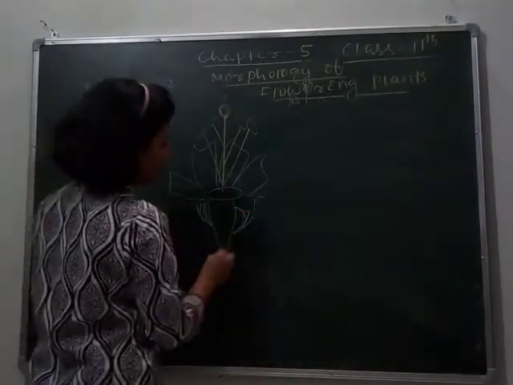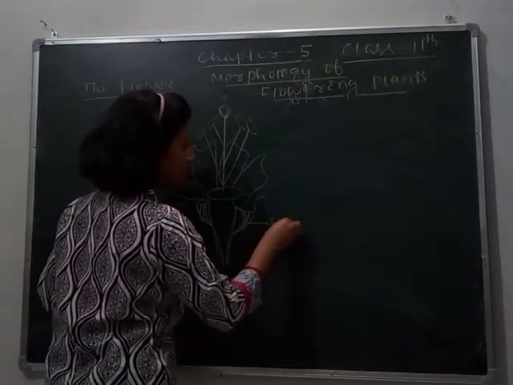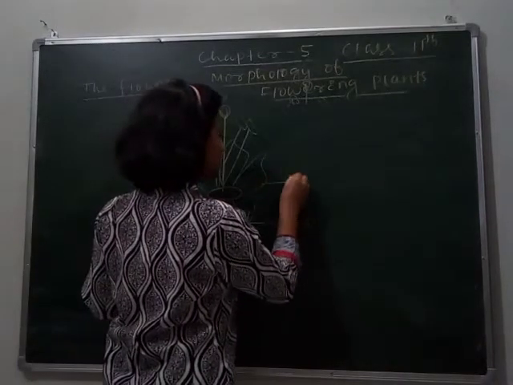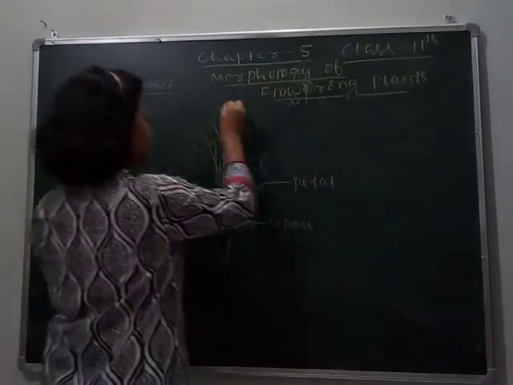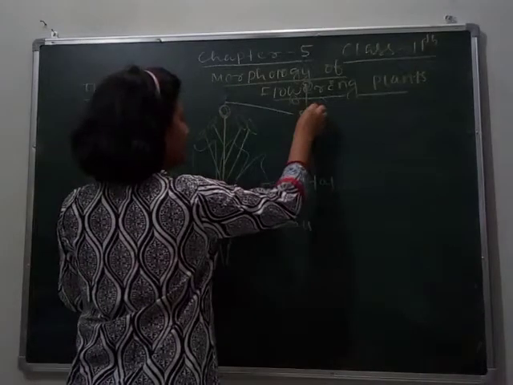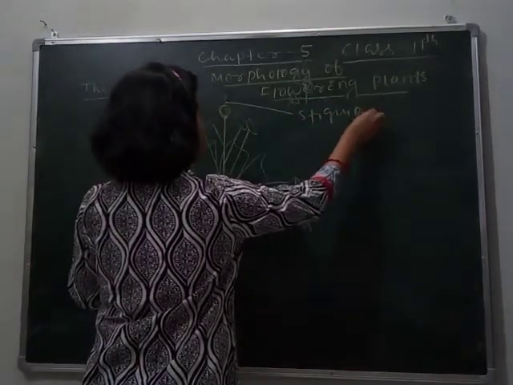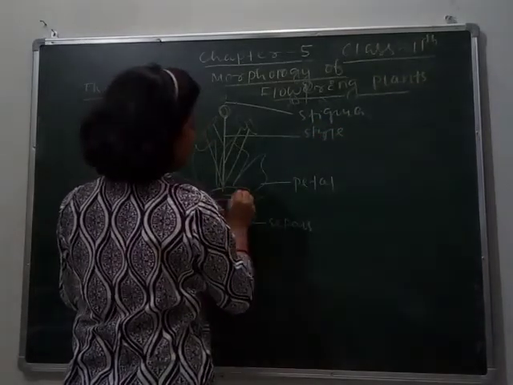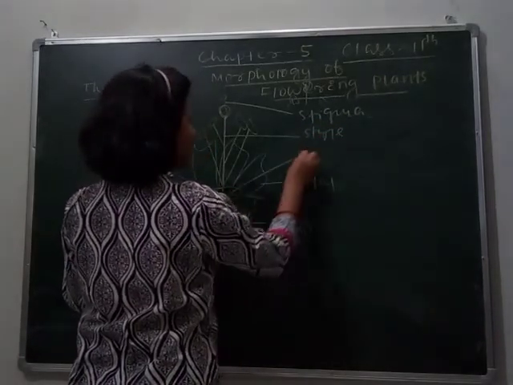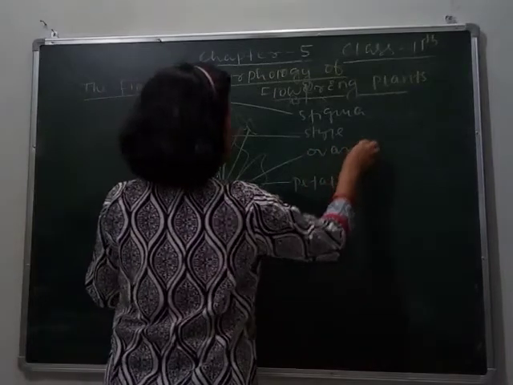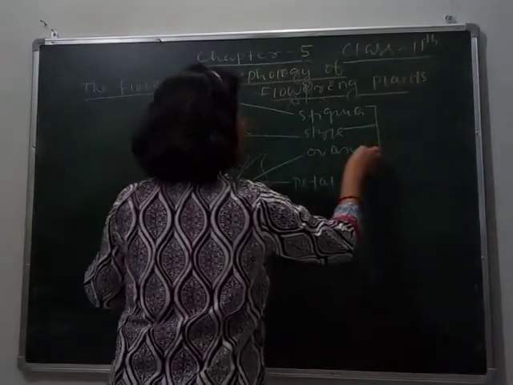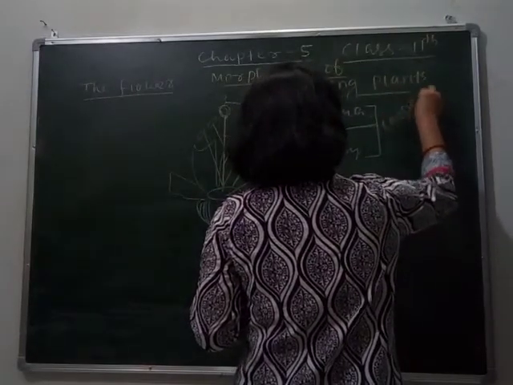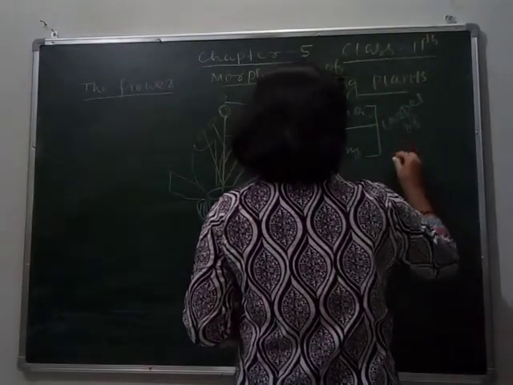You can see this is sepals, this is petal, this is stigma, this part is style, this is your ovary. So stigma, style and ovary constitute the female part, that is called carpel or your pistil